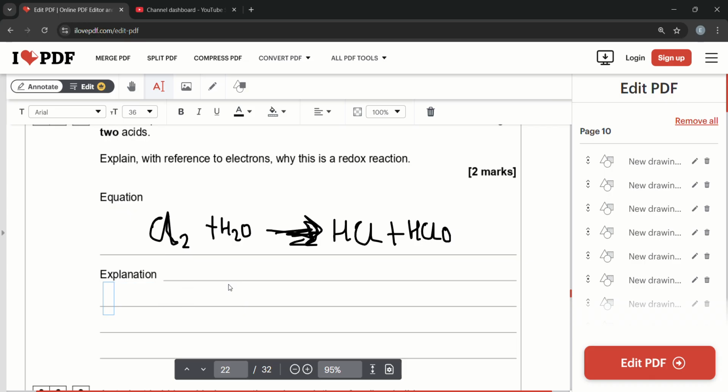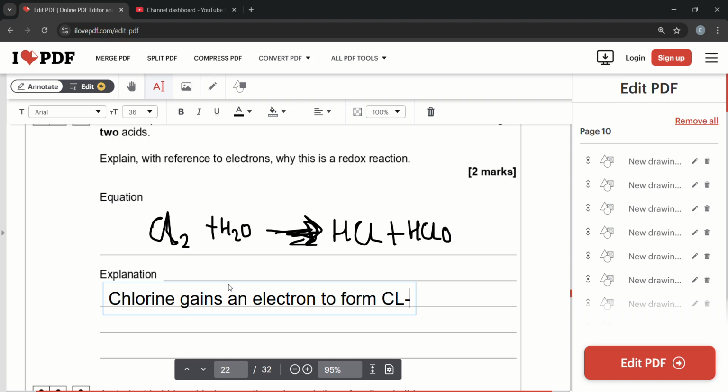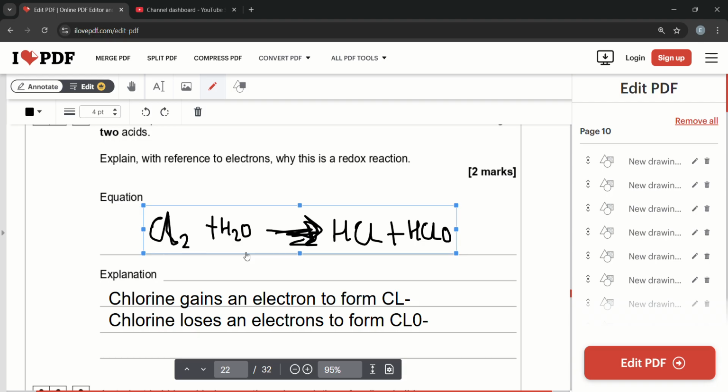Because chlorine gains an electron to form Cl minus, and chlorine loses an electron to form ClO minus. Chlorine gains an electron to form Cl minus and loses an electron to form ClO minus. Because you think about the